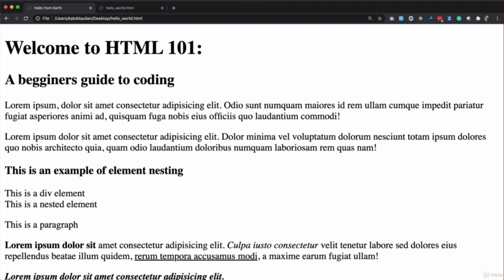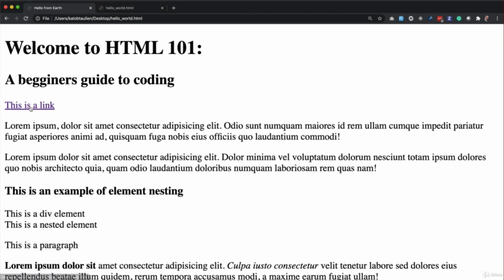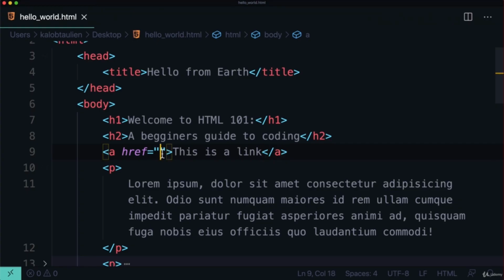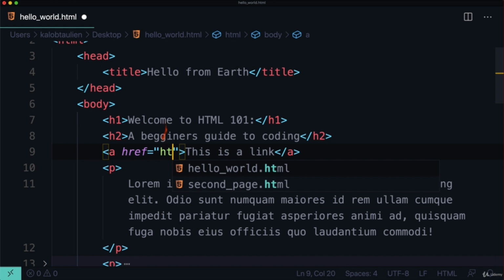When I go back here and refresh my page, looks like a link. But when I click it, it doesn't actually go anywhere. So what I want to do here is href is equal to, and I want the full link to any website, including the HTTP part. That's vital. You need the HTTP every single time you want an absolute link. So let's go ahead and go to